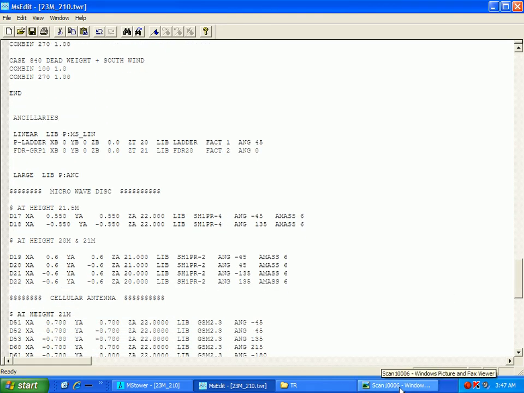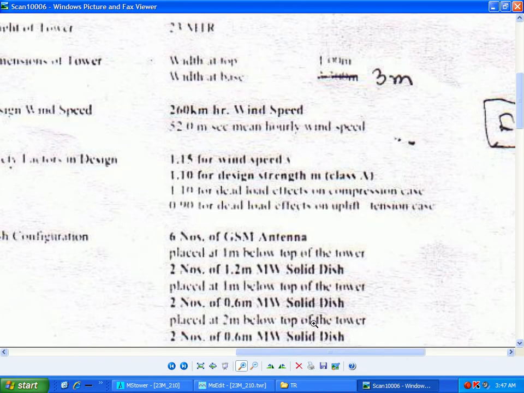Ancillaries, the vendor will tell you about these ancillaries. Linear ancillaries means our ladder and feeder line. We are using a plain ladder, that's why you have taken the value P ladder from PMS lean. It's a ladder. If you want to see the wind load acting on the ladder, we have to go to